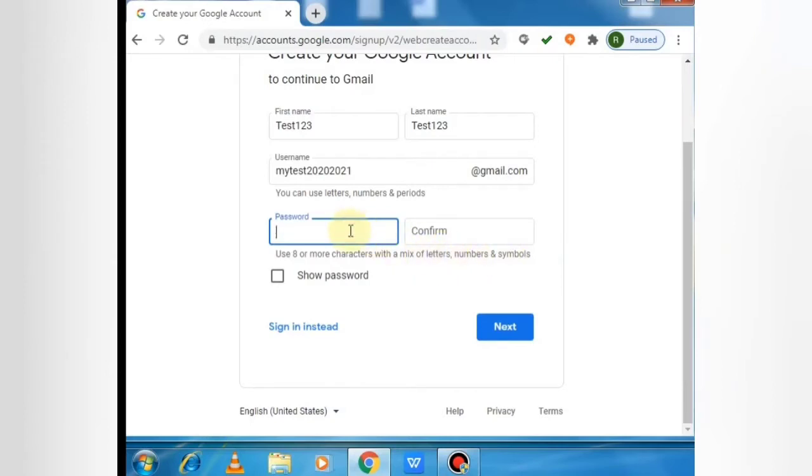That is for security reasons. So I am setting a password like that here, and I am typing the same in the confirmation field also. Now I have set the password and confirmed it.